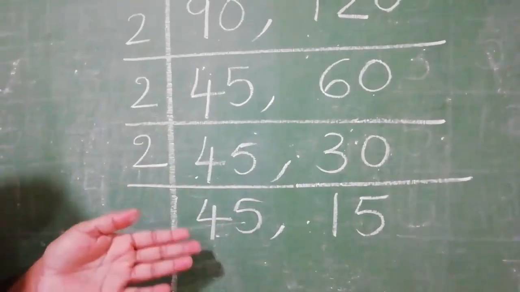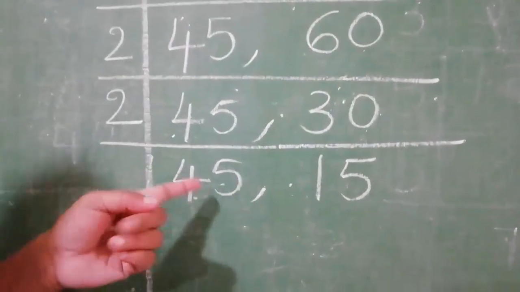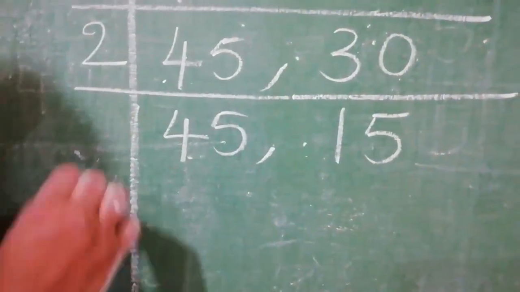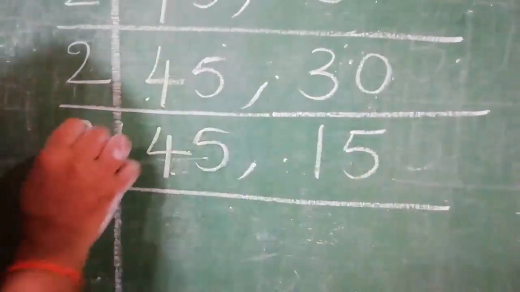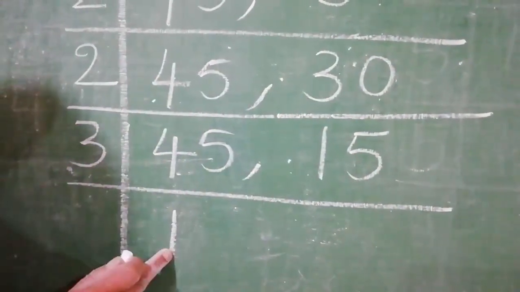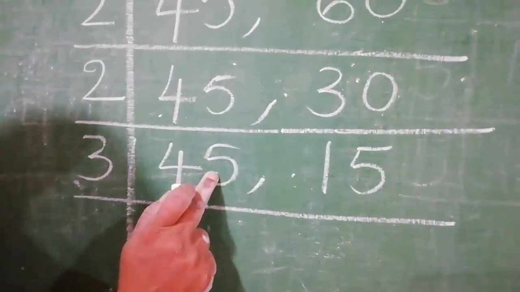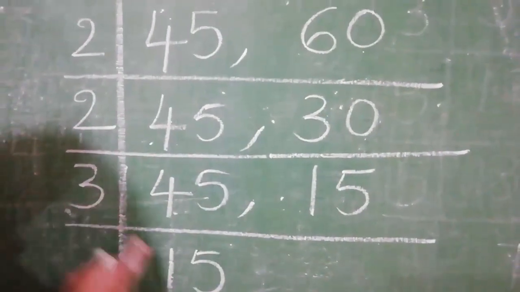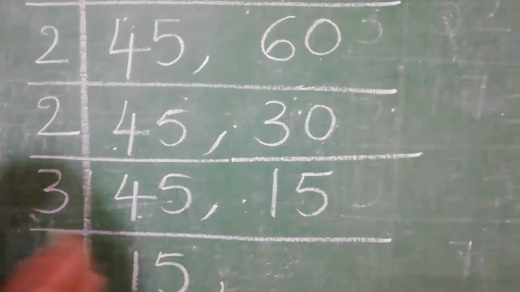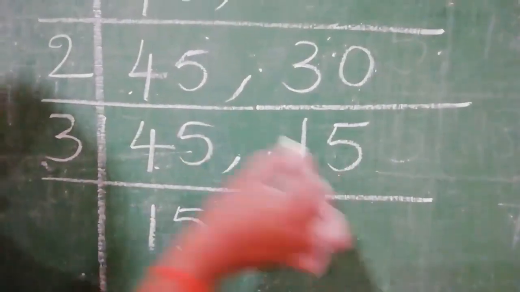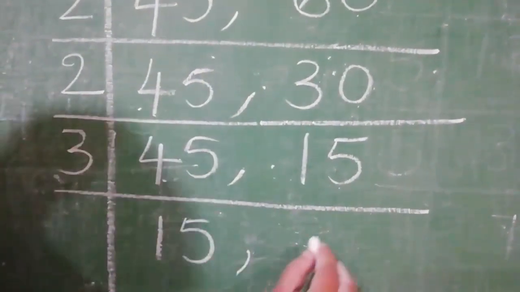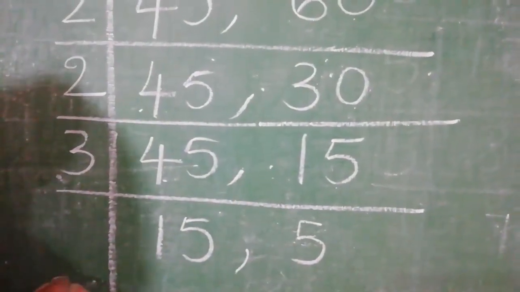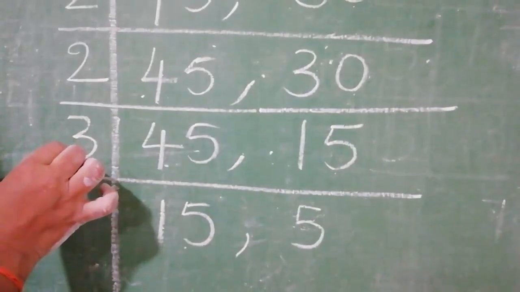Take the second prime number, that is 3. 3 divides this number as 4 plus 5 is 9. So how many times? Check it. 3 ones are 3. 4 minus 3, 1. 1 5, 15. 3 15s are 45. Comma. The second number, 15. 15 divided by 3, how many times? 3 5s are 15. So see the two numbers. These two numbers are divisible by 3.